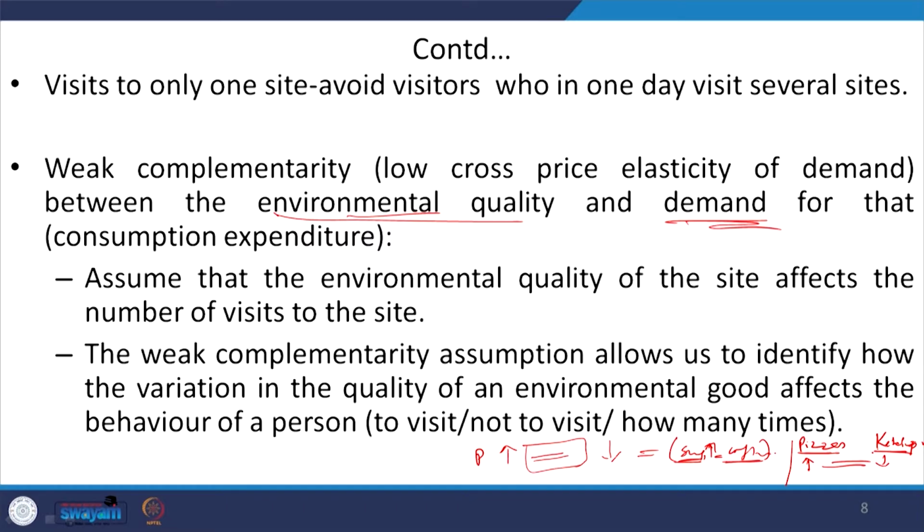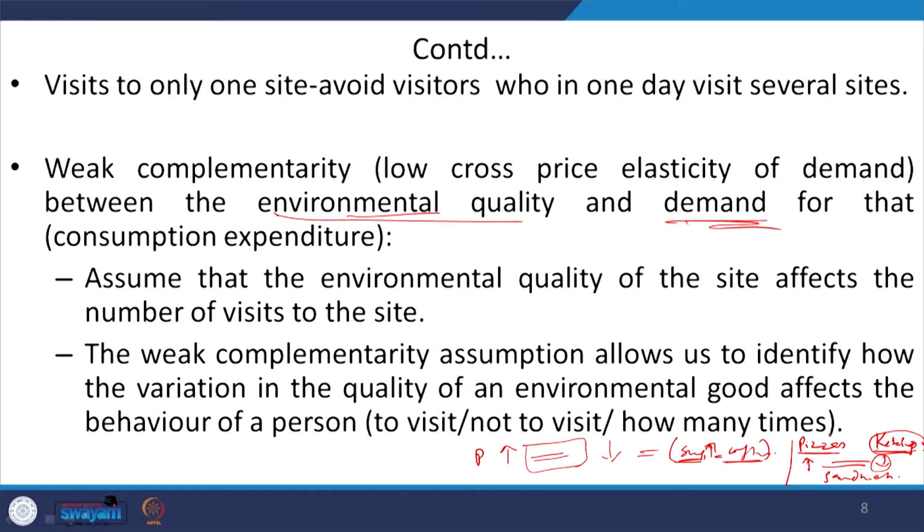If this is the case, then in weak complementarity, it should happen because there exist some complementary relations. But if there is some relation such that this ketchup is also demanded for taking sandwiches,